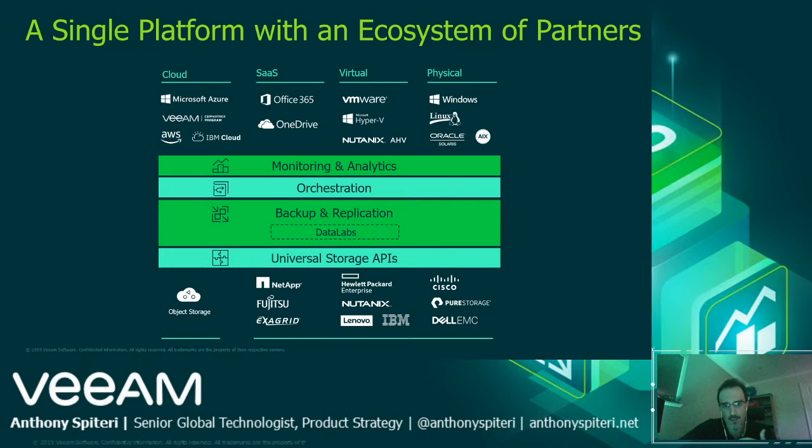Underpinning all that, I mentioned this ecosystem of storage. So now, traditionally, we worked beautifully with partners like Dell EMC, Fujitsu, NetApp, but what we did with the Universal Storage API was we extended that SDK to our partners to be able to get them to develop integration into our software more rapidly. And that's really important there, because what that means is that we can validate a number of these per year and pump them out a little bit quicker.